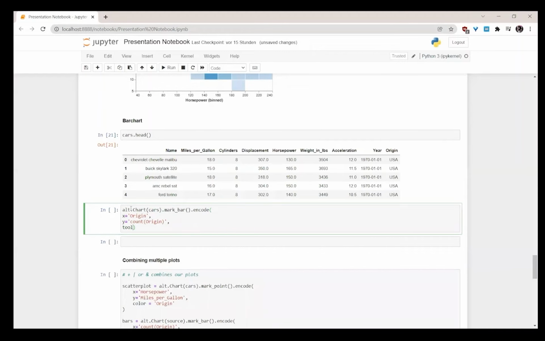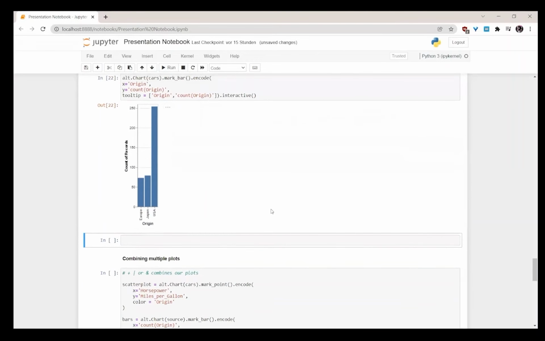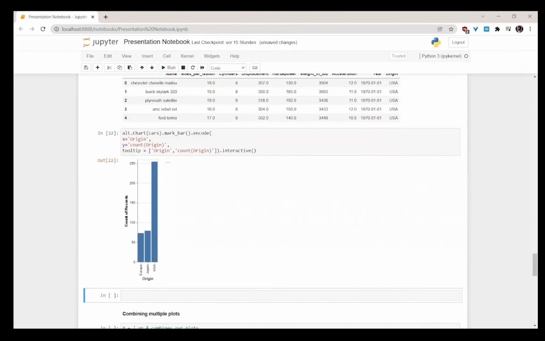We add a tooltip, so that if we hover with our mouse above the data points, we can see more information that we provide. So we can see the origin and the count of origin. We can try to set this up interactively by typing in .interactive, and we plot this. Now you can see there's a bar chart, not very special,